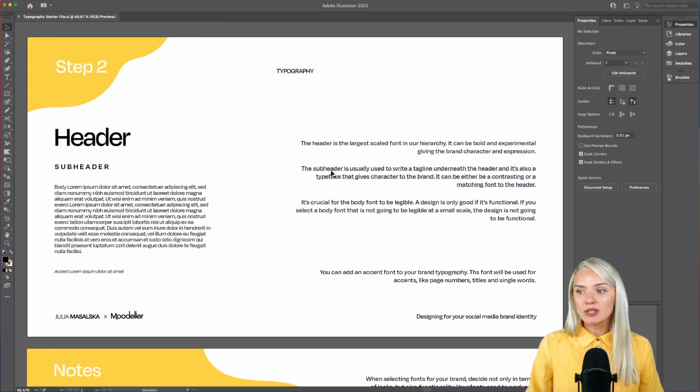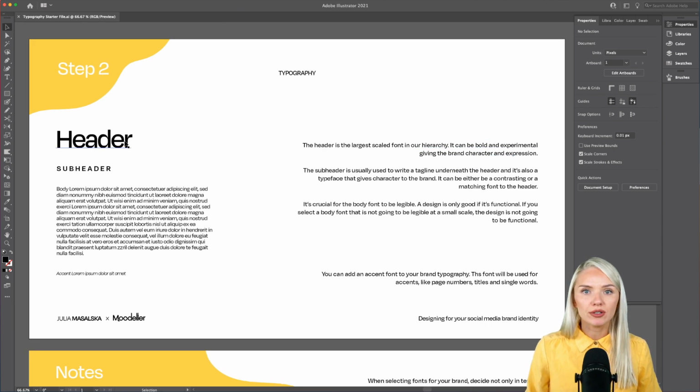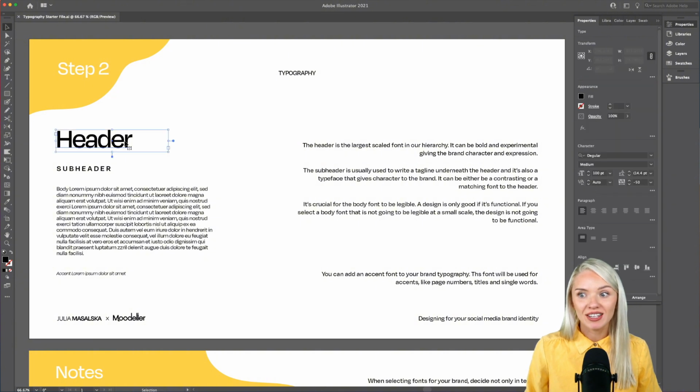So as I was saying, the subheader is usually used to write a tagline underneath the header. And also it's a font that gives some character to the brand. But the font that gives the most character to the brand is actually the header font. Because it's so well legible, we can be really experimental with this one. While for the body copy, I would recommend a simple sans serif or a serif font that's well legible. For the header, you can become really experimental and try out fun things that are going to bring character to